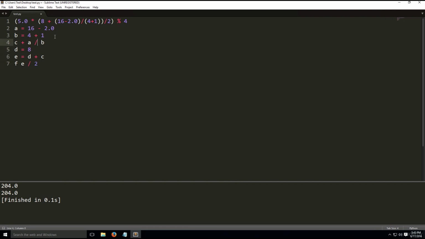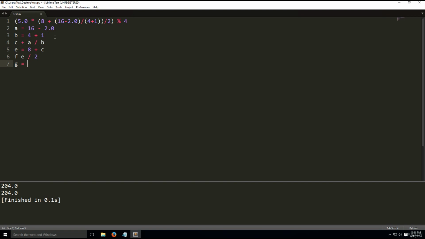I'm kind of skipping some things here, and mixing it up a little. But this is basically precedence, how things go. What you could do for e instead is something like this. For example, e is equal to 8 plus c. So f is equal to e divided by 2, and g is going to be equal to